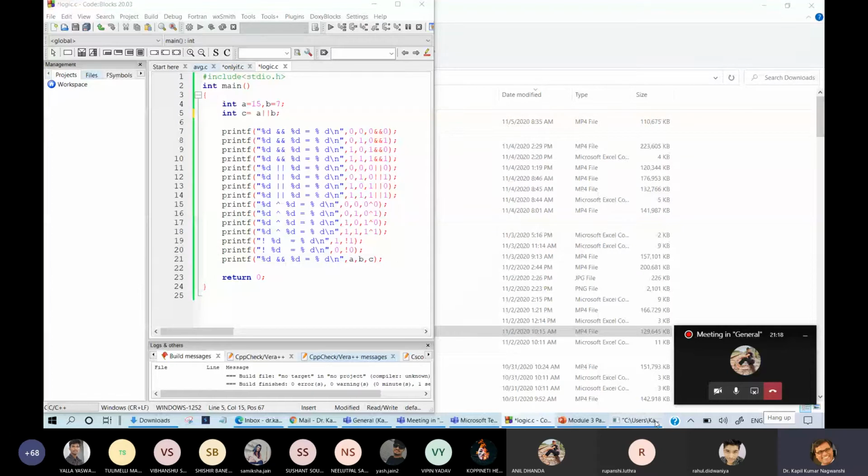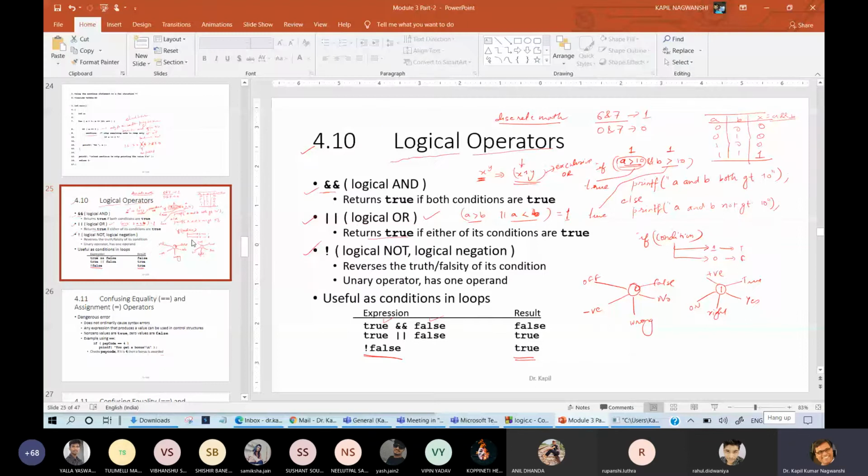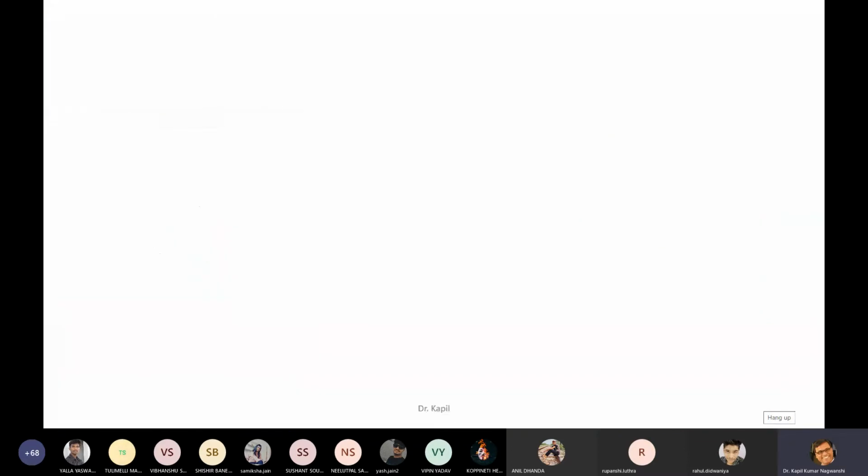So this is all about logical operators. Let me give one more slide for this, and I had explained it several times, several days before. This is logic A, B, and Y. Y is the output.